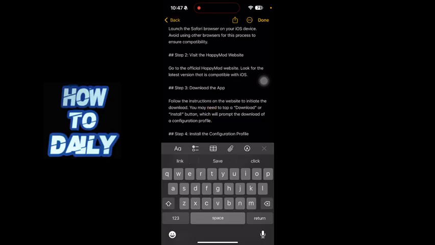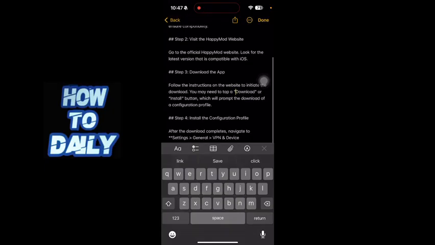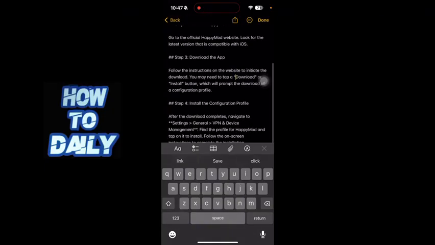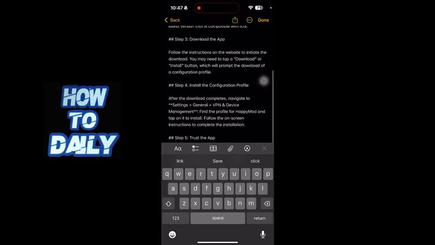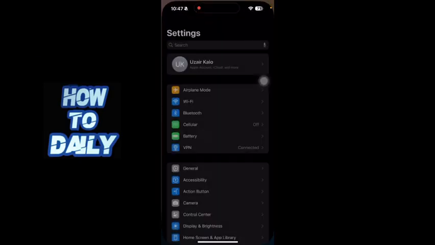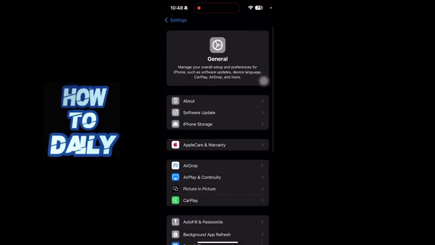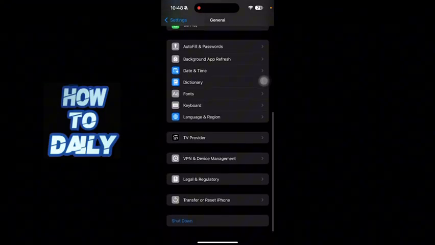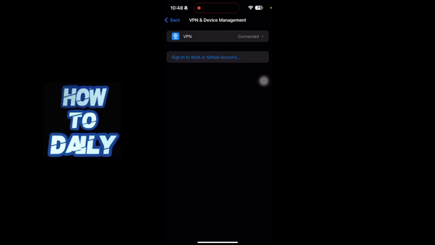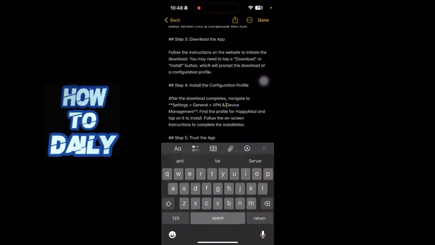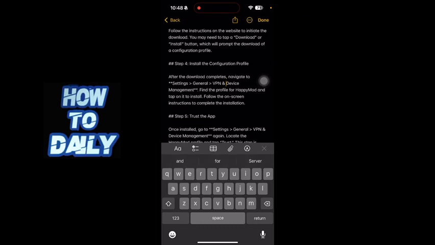You may need to tap a download or install button, which will prompt the download of the configuration profile. Then you have to install the configuration profile. Go to settings, general, VPN and device management. So just go to settings, general, VPN and device management, and here you have to find a profile for HappyMod and tap on it to install, and this will show up once you download a